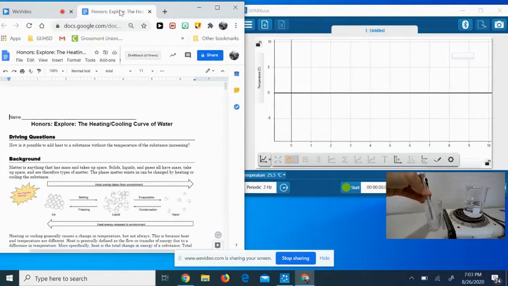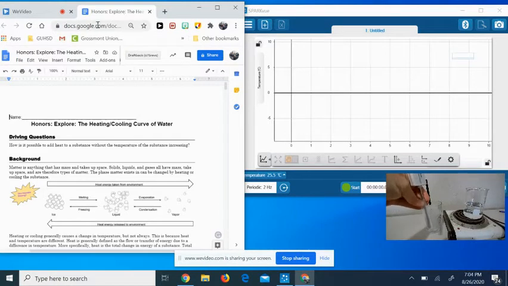What you see here is I have a little test tube that I just kind of have in a science kit that we have here. And I have filled it with 3 milliliters of water. So I've kind of jumped ahead on this lab. So the very first thing that I would like for you to do is